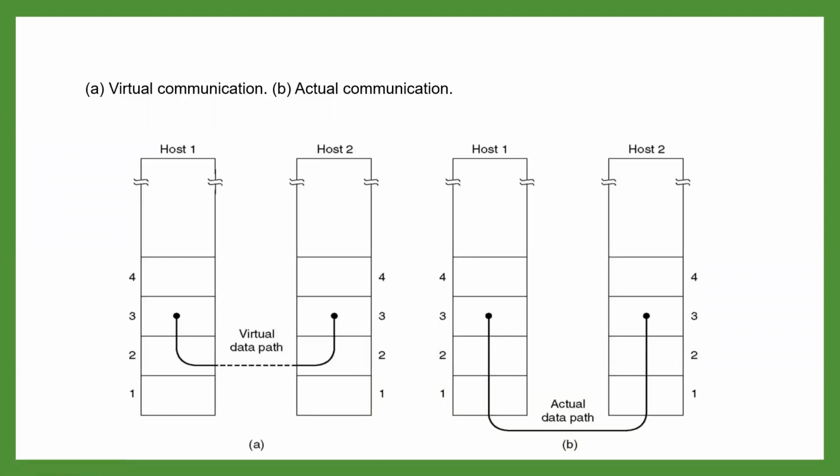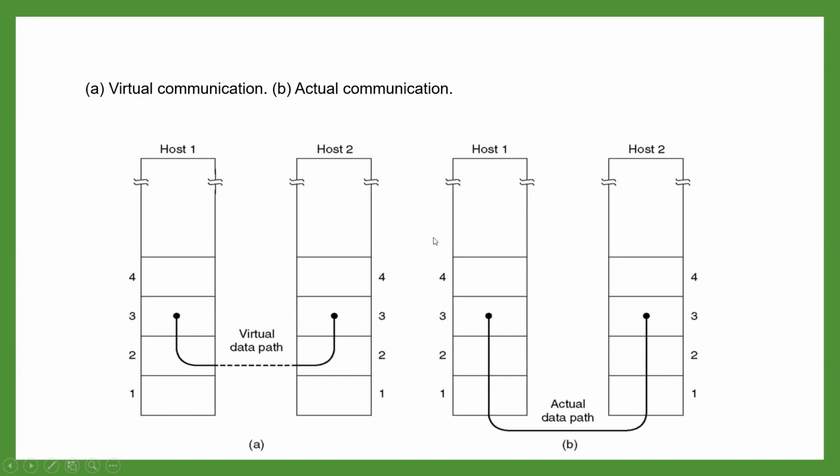Now, if we talk about the services provided to the network layer, the function of the data link layer is to provide the basic services. The main service is to transmit the data from the network layer on the source machine to the network layer on the destination machine. Here, the job of the data link layer is to transmit the bits to the destination machine so they can be handed over to the network layer.